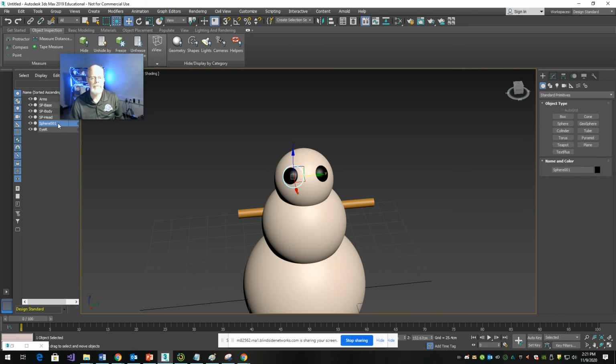And you'll find that each viewport has its own menu to control that viewport's display. You can click with the right mouse button to reveal the quad menu, which gives you convenient access to quite